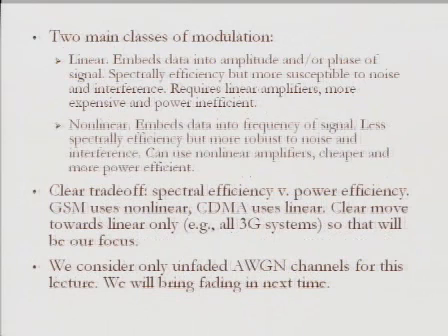There are 2 main classes of modulation, linear and nonlinear. In linear modulation, we embed the data into the amplitude and or the phase of the signal. This form of modulation is spectrally efficient, so it's bandwidth efficient, but is more susceptible to noise, and it requires linear amplification, so it requires more expensive equipment, and the spectral efficiency comes at the expense of power inefficiency, because these linear amplifiers